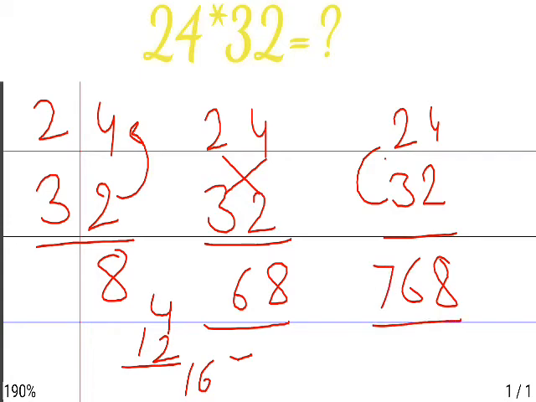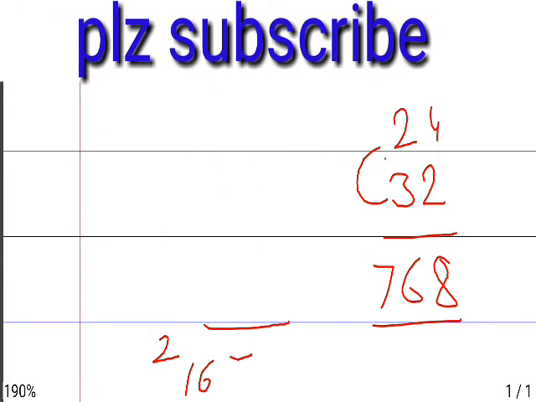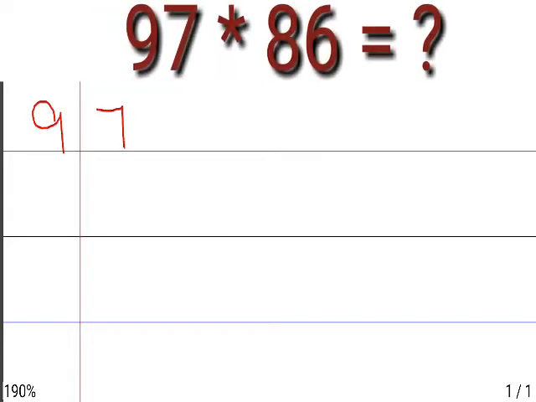Like this you have to do the multiplication of a 2-digit number with a 2-digit number, so it will be very easy to do within seconds. Let us take one more example where the calculation is a little bit difficult because the numbers are bigger than the previous one, but it will be done with the same process and the same steps. Like 97 multiplied by 86, here the digits are bigger, so the calculation will be a little more difficult.